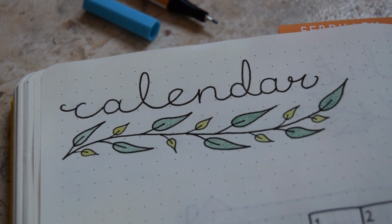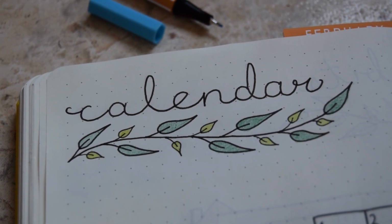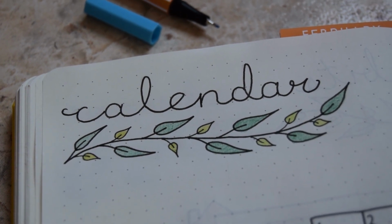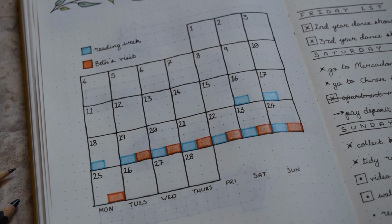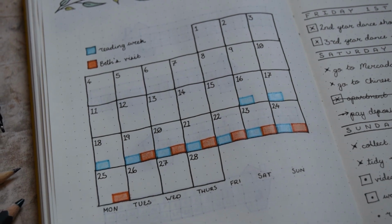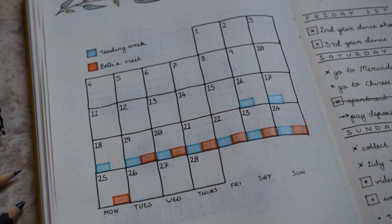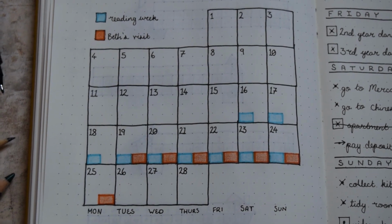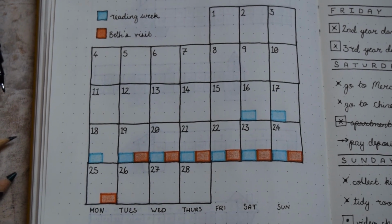This month, I have a couple of dates that are significant, so I wanted to do a calendar page so I could indicate where these dates are in the month, and also so I could mark in ongoing dates, such as my reading week, which is my half-term from university, and my friend's visit to Sitges as well. Again, I've tried to add a bit of colour and connect it to the rest of the setup with the